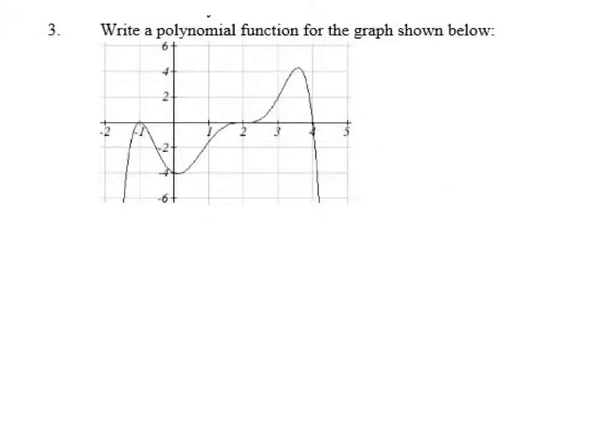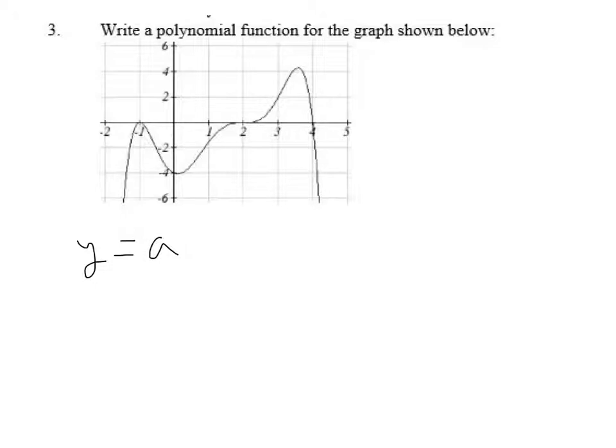So for this equation, I'm seeing a double root at negative 1. I'm seeing a triple root at positive 2. I'm seeing a single power root at 4. And I'm seeing a y-intercept at negative 4, or 0, negative 4. So the first thing I'm going to do is I'm going to write